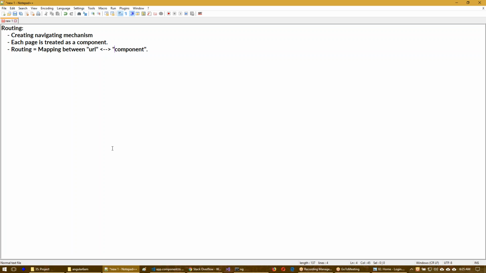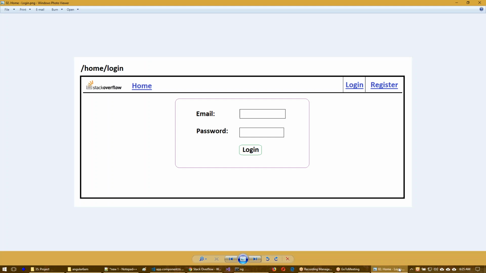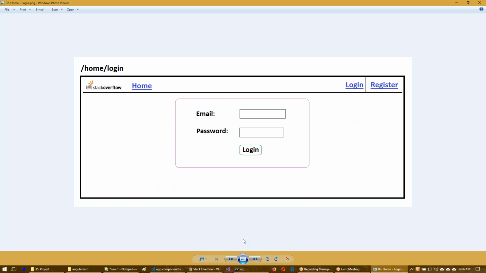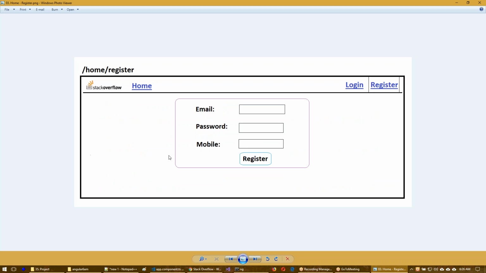For which URL, which component we have to build, those mappings we have to create. Those mappings are created by using which one? Routing. So basically we are expecting two initial pages. First we are expecting home/index, which is the home page of our application. Next home/login and home/register. These three are the basic pages that we are expecting.